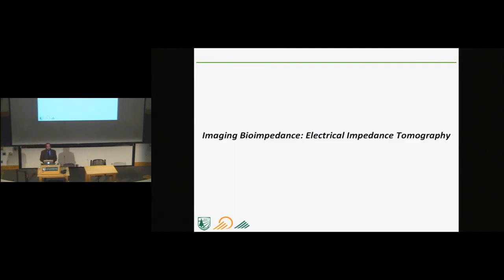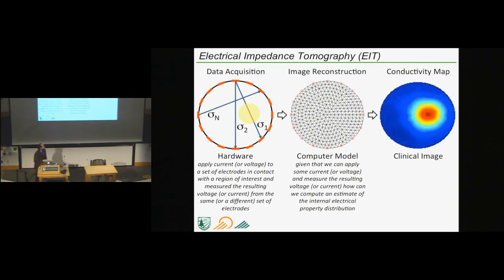To do that, instead of doing single point measurements, as I've been showing right now, you can actually image bioimpedance by putting a multiplicity of electrodes around the organ that you're interested in imaging. This is just an example of what you might do if you have a number of electrodes around some object. You measure the impedance through multiple pathways. You build a model of your geometry that you're exploring. And then you solve using some EM, electromagnetic-based models, and finite element method,